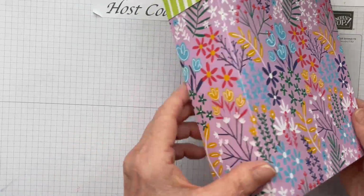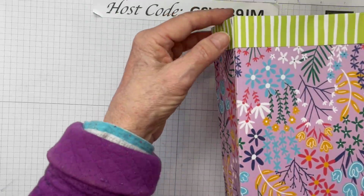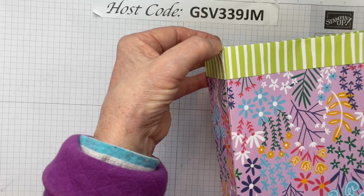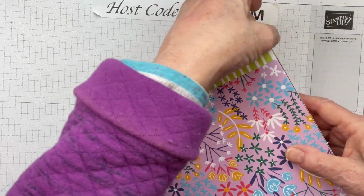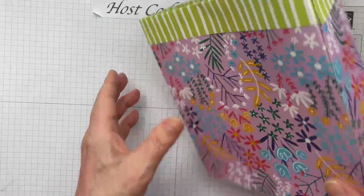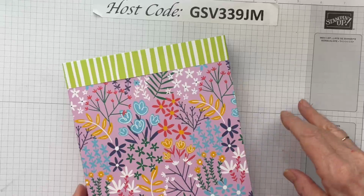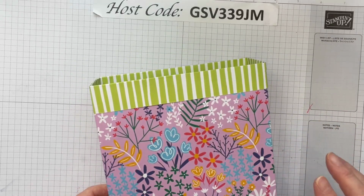Okay, so there's our bag. We've got it all done, and the front's going to be with these folded edges to the back. The back is where these seams are. You see the seams? Okay, so we want that towards the back, those secured, okay? Okay, so let's do it this way. Now,